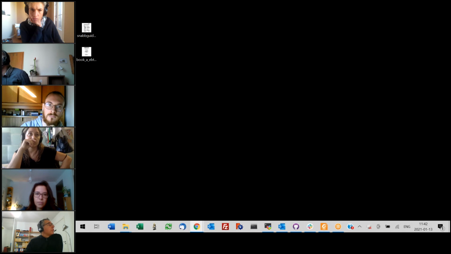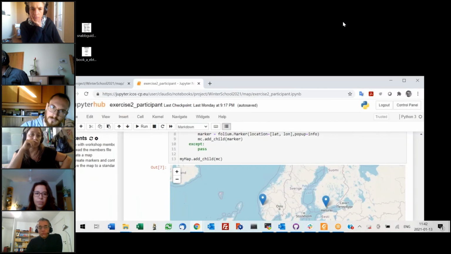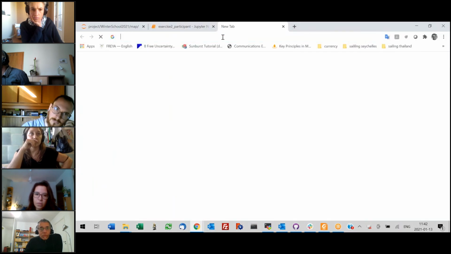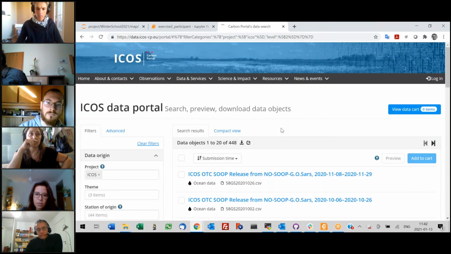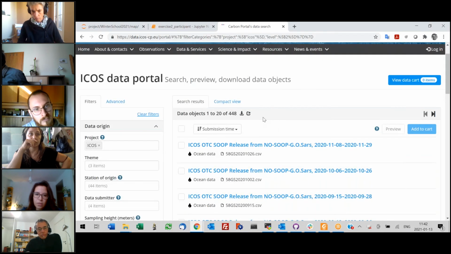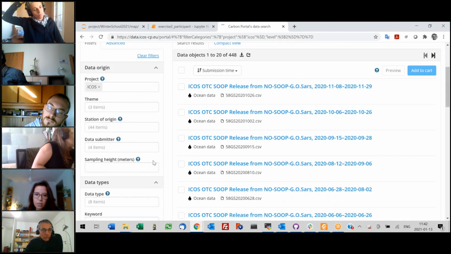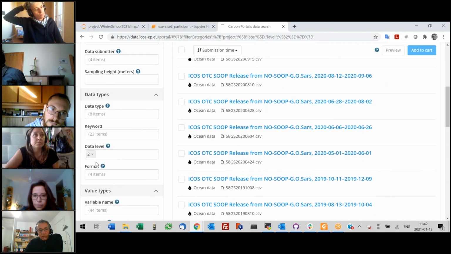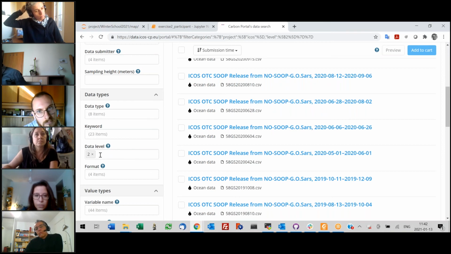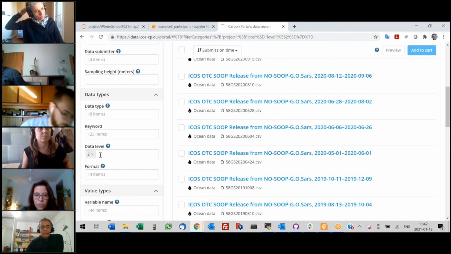And people from the Carbon portal, just interrupt me or add if you want. So on the data portal here, there is plenty of data available. And what Carolina showed you was here the data level 2. So this is quality controlled released data where we think this is the best high quality data we can offer